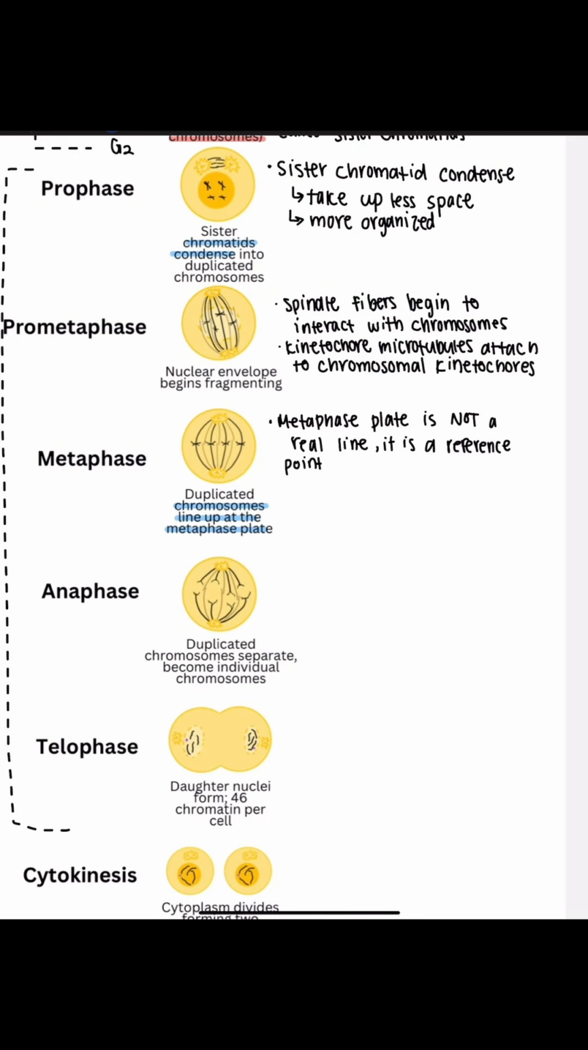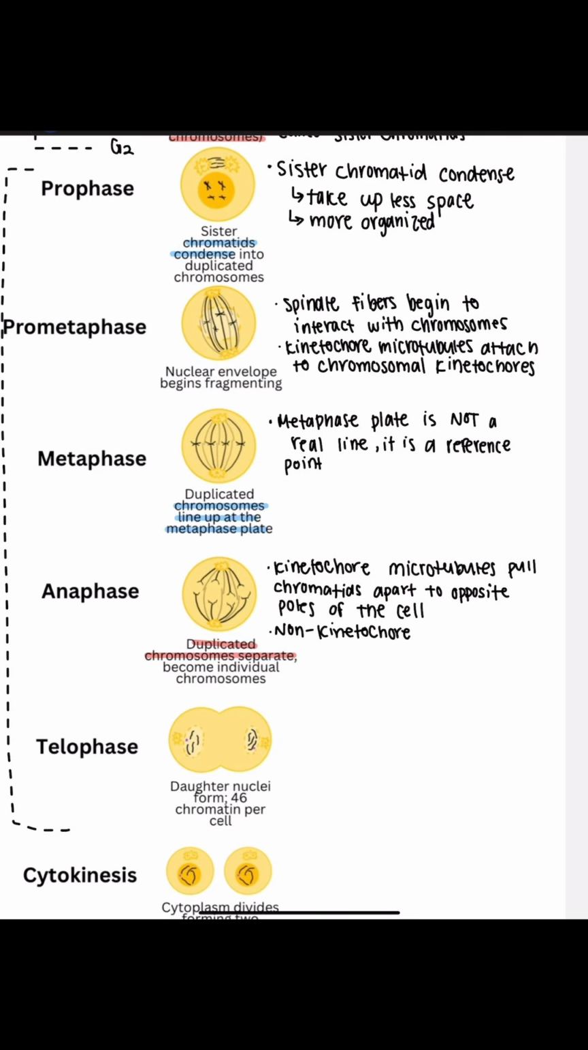Now for the most exciting part, which is anaphase. This is when these sister chromatids are finally going to separate. The kinetochore microtubules pull them apart and drag each chromatid to opposite sides of the cell. At this point, each sister chromatid becomes its own individual chromosome. Meanwhile, other microtubules, which are our non-kinetochore or polar microtubules, are going to push against each other to stretch and